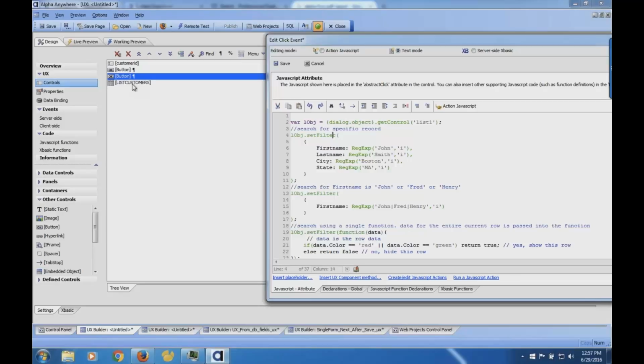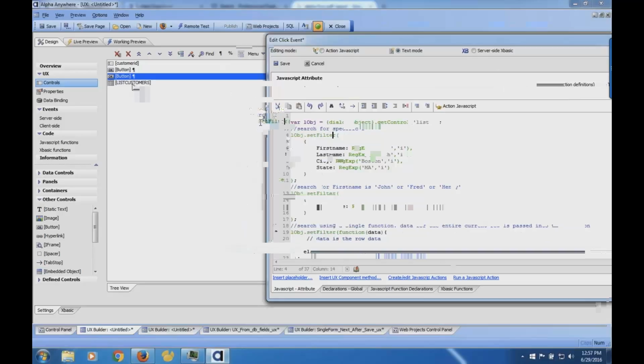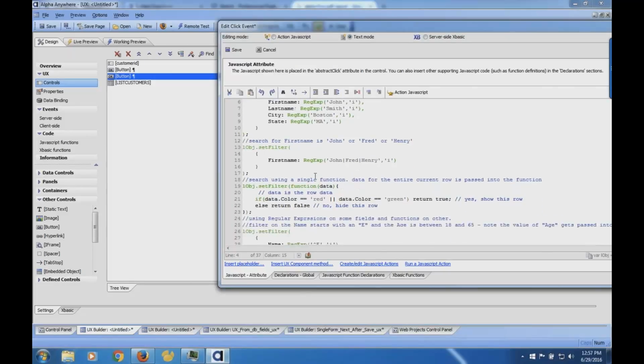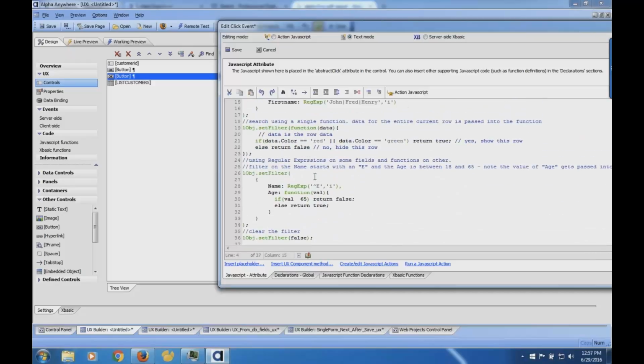There are some simple ones in there which I highly recommend you use. But if you want to do more sophisticated filtering client side, there's a powerful one called set filter, and it allows you to, for instance, look for John and Smith and city and state. You could also do if-then kind of filters and stuff like that. So very powerful ways to do that.